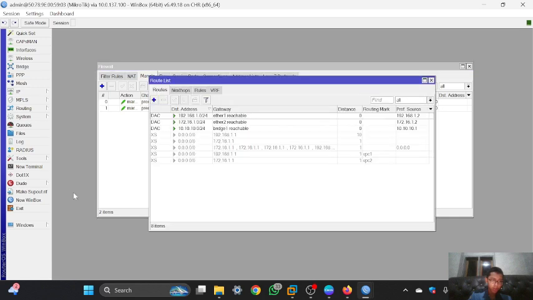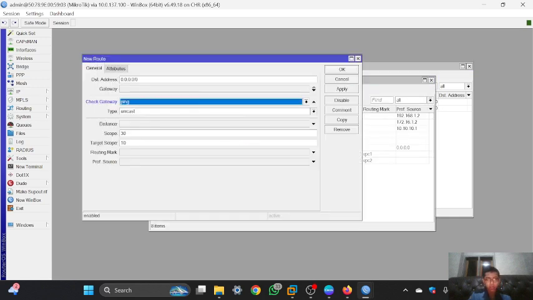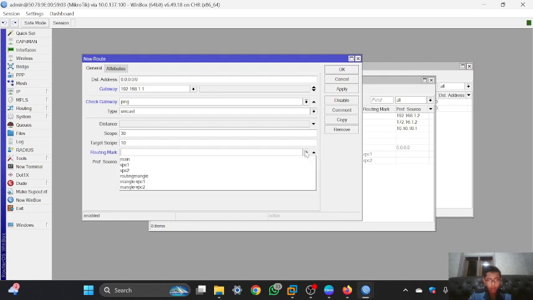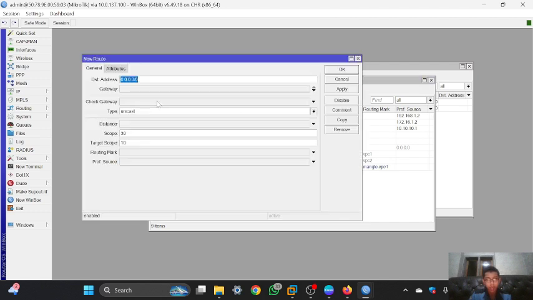Then I will add the routing information. You can go to IP and then routes, and then click add. For the gateway, I will fill it with the IP of the ESP1 that connects to the MikroTik client, which is this. And for the routing mark, I will fill it with the mangle VPC1, and then you can click apply, and then click add again.